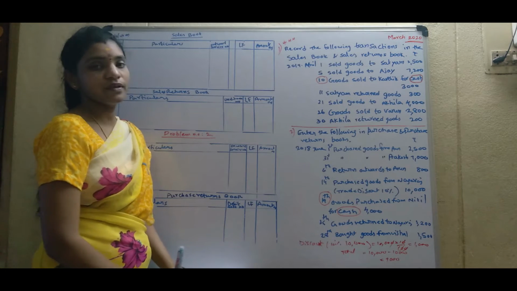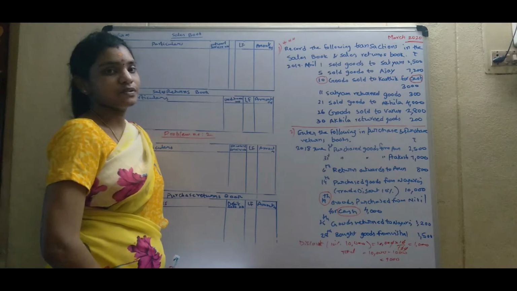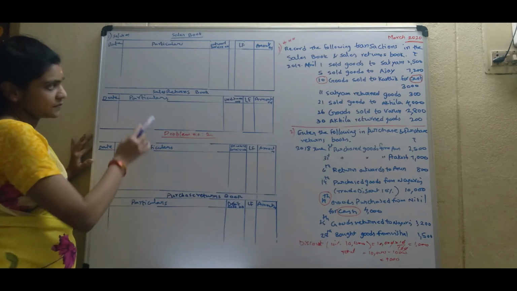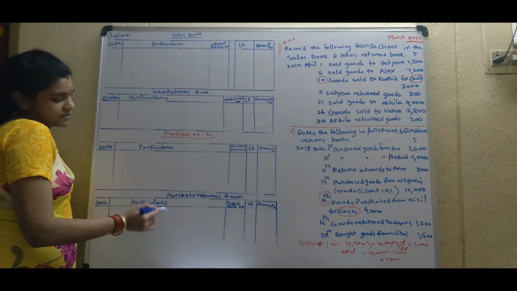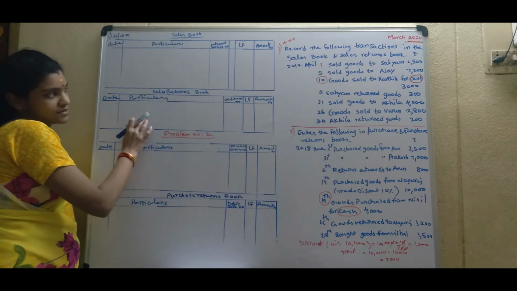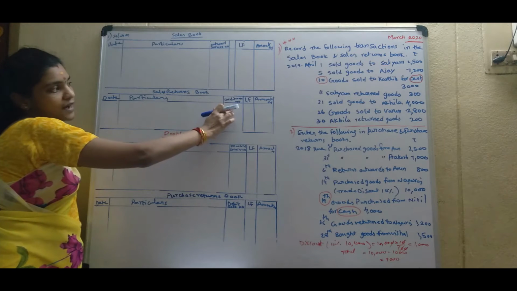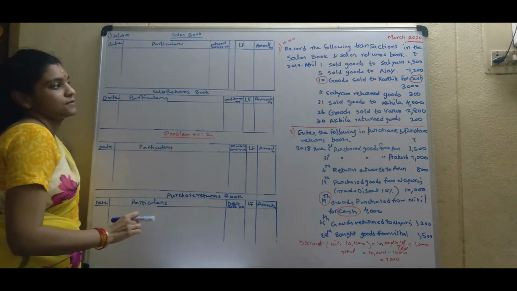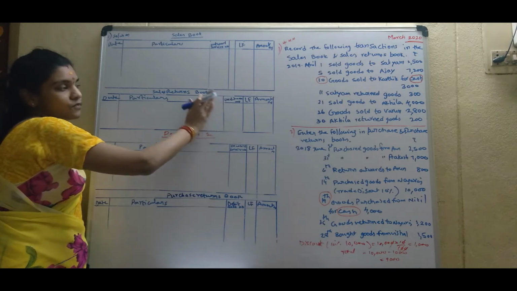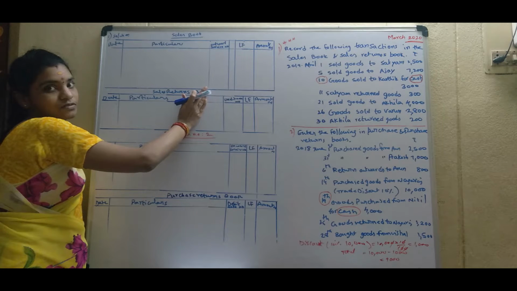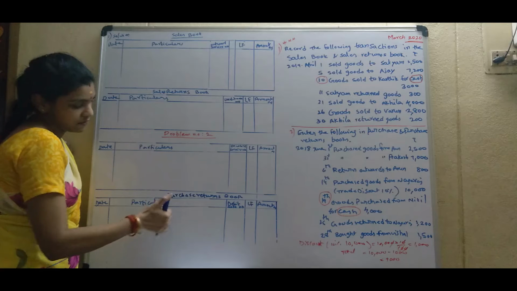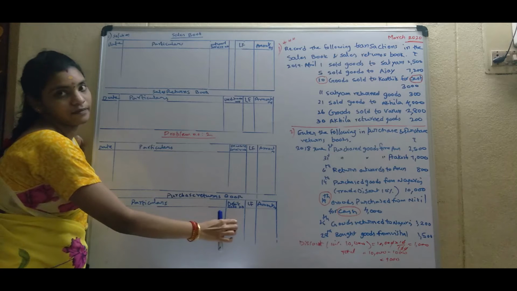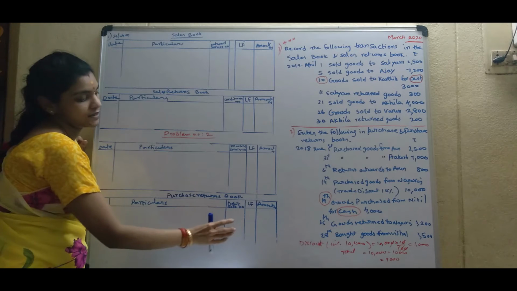We are going to discuss another important subsidiary books, that is sales returns book and purchases returns book. This is a pro forma of sales returns book and this is a pro forma of purchase returns book. In the case of sales returns book, we mention credit note number because we record only credit transactions, no? That's the credit note number. And in the case of purchase returns, we write a debit note number here. Okay? Remember these two things.